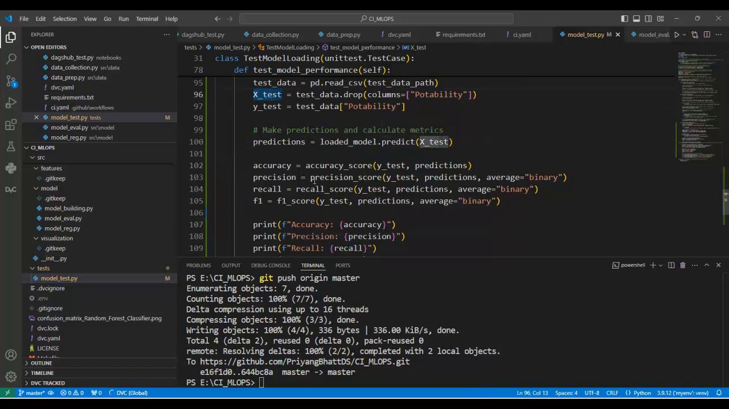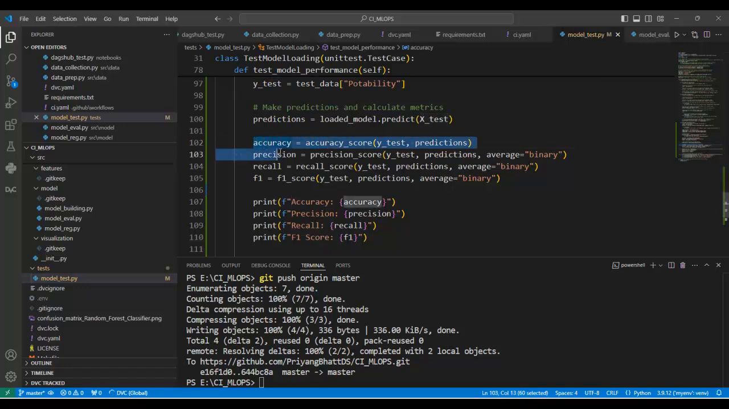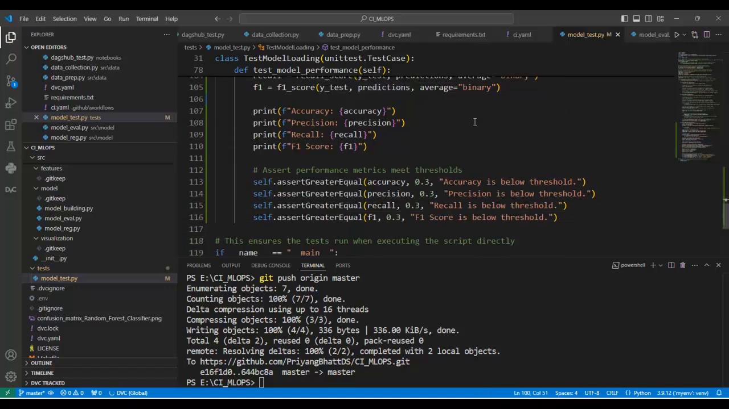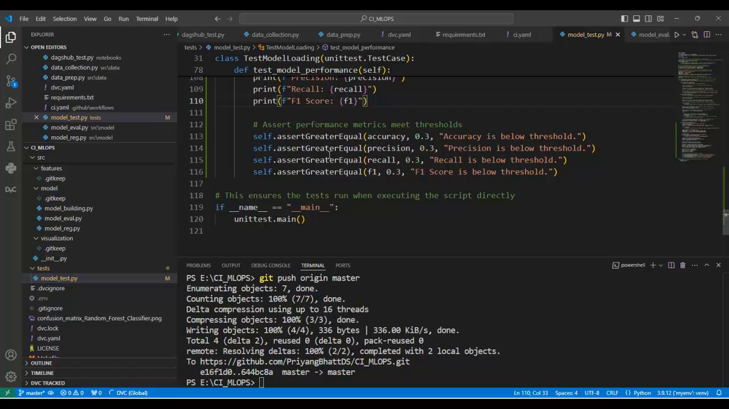And here we are calculating accuracy, precision, recall, and F1 score using actual values and predicted values by our model from here. And here we are printing accuracy, precision, recall, and F1 score on the console. Here we are using an assert statement, assert greater than equal. Assert performance metrics meet